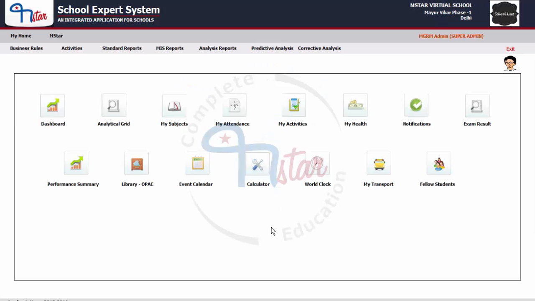Hello and welcome to the MSTAR training session for result compilation of sub-evaluations to the respective main exam, that is exam posting. Exam posting refers to forwarding or consolidating the marks of sub-evaluations of a main exam into its main exam, and the result as posted or forwarded in the main exam will only appear in the report card, whereas the marks of the sub-evaluations will not display in the report card.